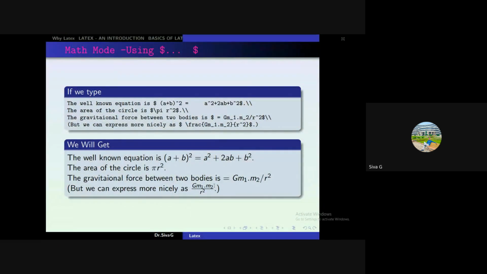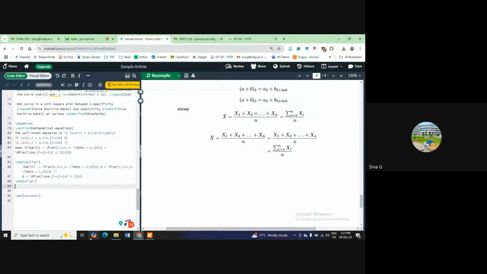Here, what the output I am showing here, we want this one. Let us take pi r square. I want the area of the circle is pi r square. I will copy this. I will type this one. So next line. So the area of the circle,